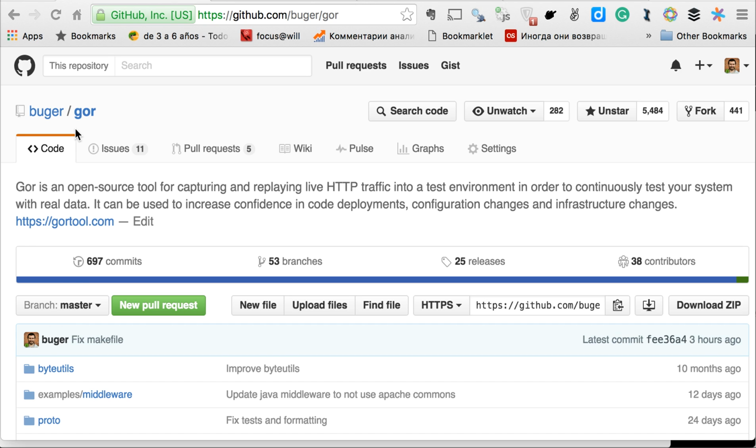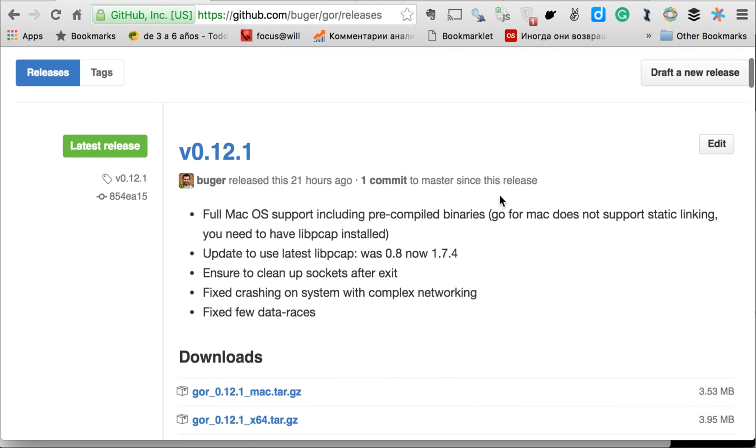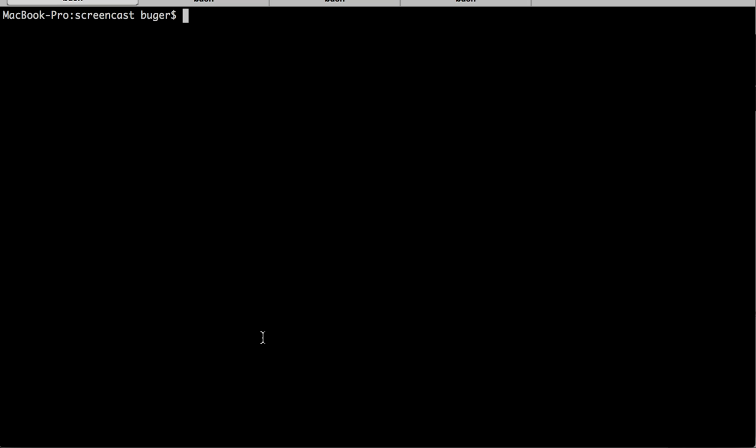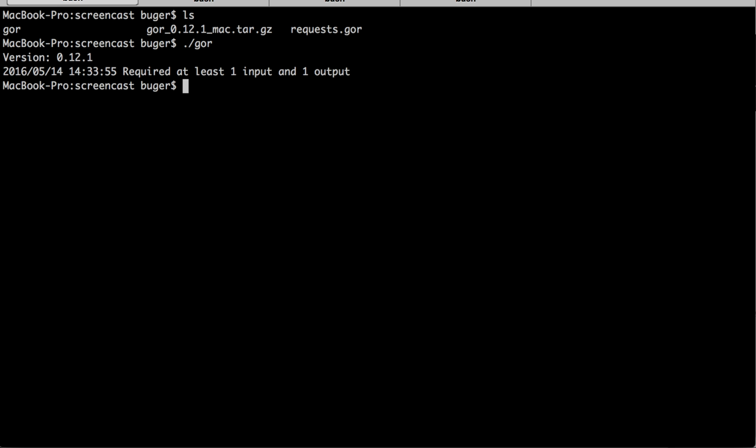First of all, go to the GitHub project page of Go, or you can find this link on our site, gotool.com, and go to the releases page. Go provides binaries for Mac and Linux, but you can compile it yourself if you want. For now, I'll just download the binary. Actually, I cheated and already downloaded it. Let's look. Yeah, I have the archive, I unarchived it, and it seems like it's working,